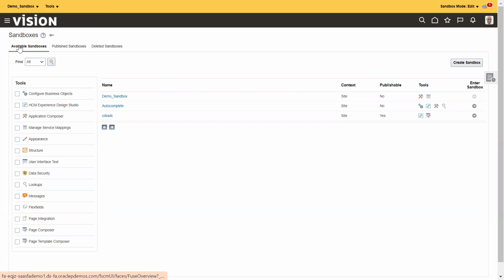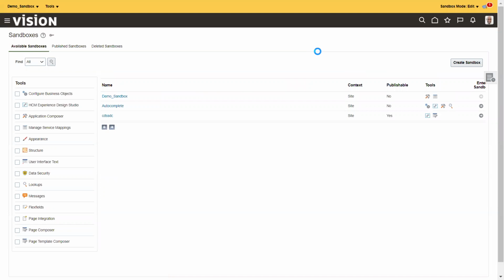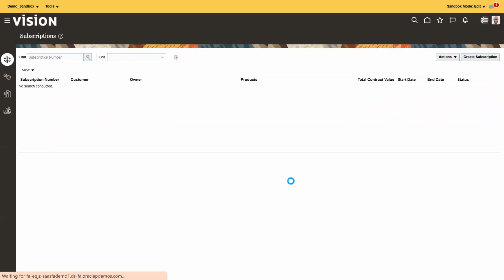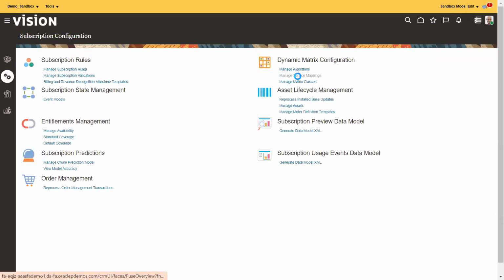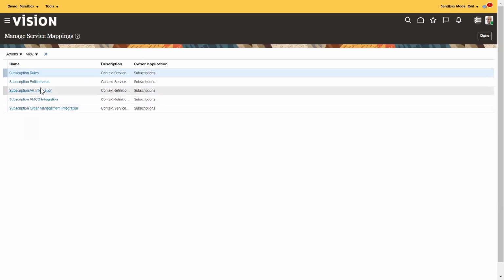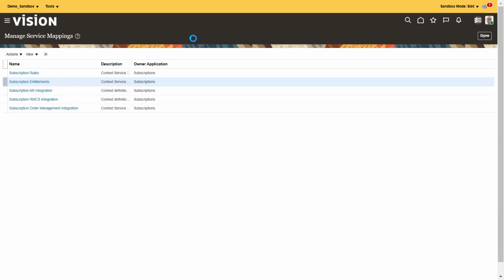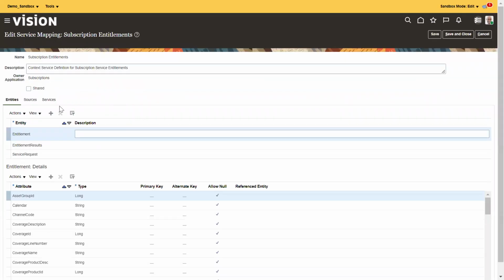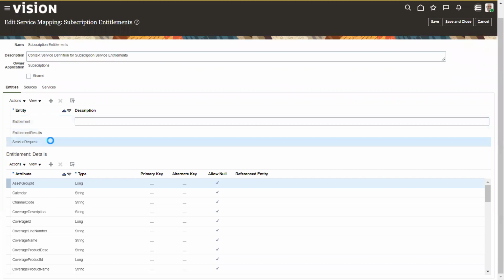So now again go to subscriptions, setup, manage service mappings. Then we need to select this subscription entitlements, and then go to the first step here, which is entities. In entities, we need to select service request,